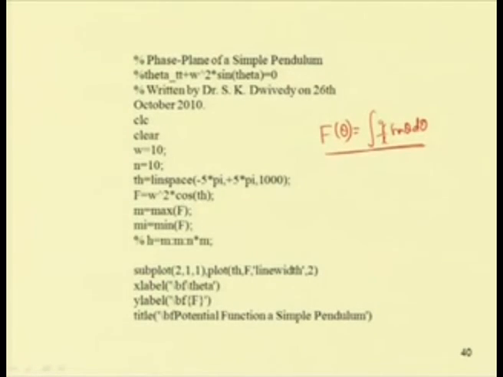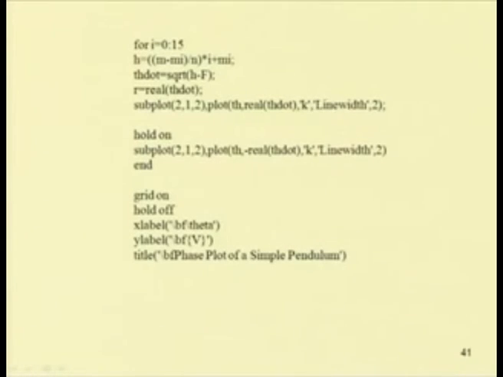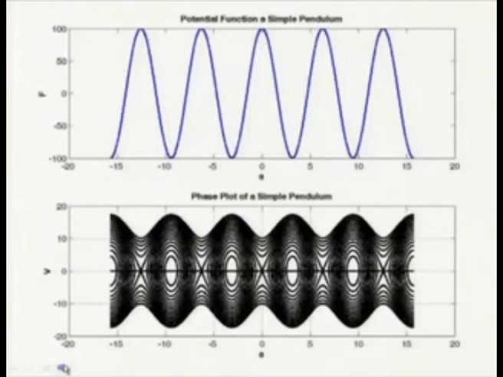So in this case it is written f equal to omega square cos theta. One can similarly find the theta dot term, and if one plots, this is the potential function and the resulting phase plot for the simple pendulum. These are the center points and these are the saddle node points. It has been plotted for different angular positions of the pendulum.